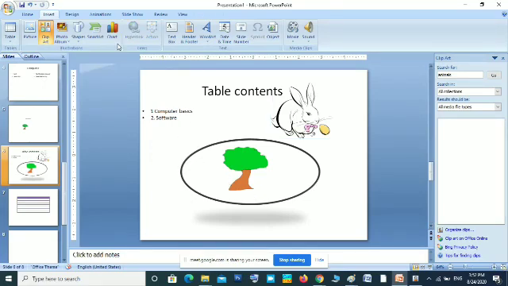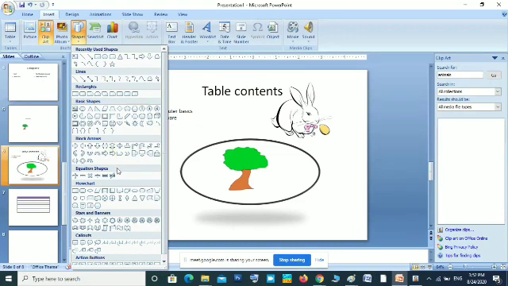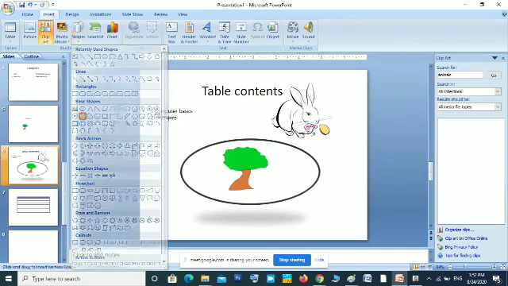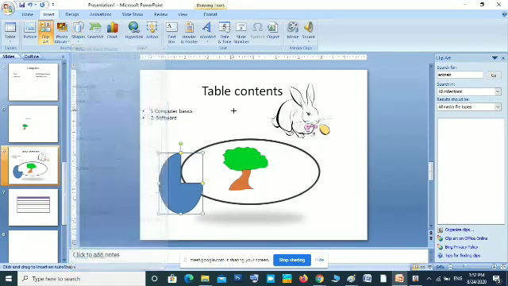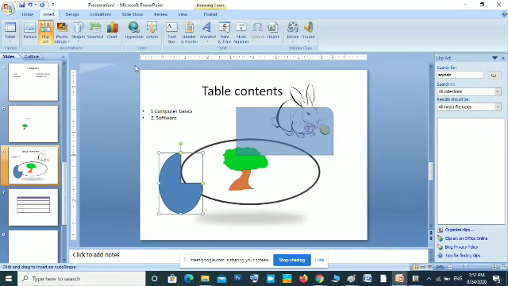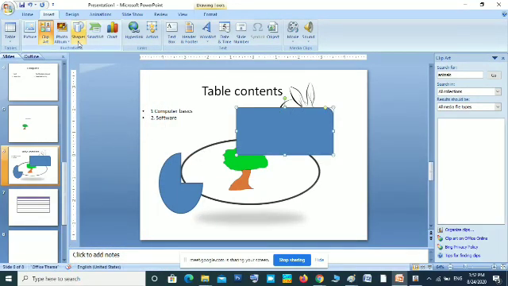Then another in the insert tab is shapes. You can insert different shapes in your presentation. This may be needed when you are presenting something in a graphical way. You need some shapes, so those shapes you can insert using the shapes in the illustrations group.